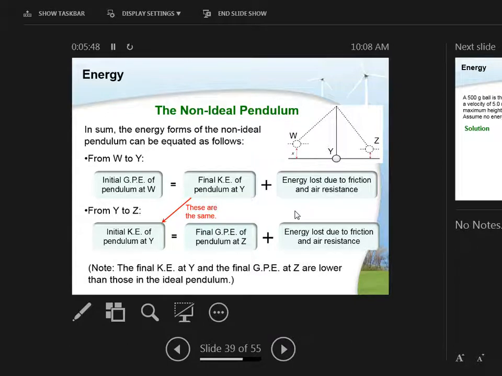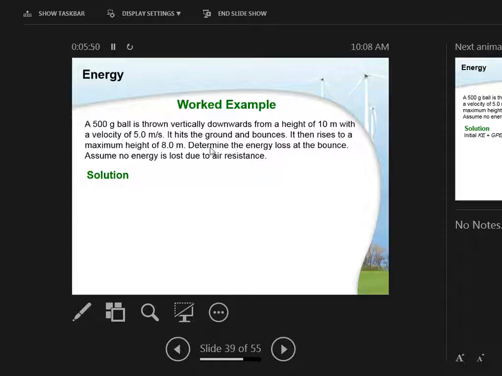Okay? So example, 500 gram ball, it is not in SI unit, so you must remember to change it to kilogram, is thrown vertically downwards. Are we saying that it is dropping? No, it is not dropping. It is thrown vertically downwards from a height of 10 meters with a velocity of 5 meters per second. So we give it,